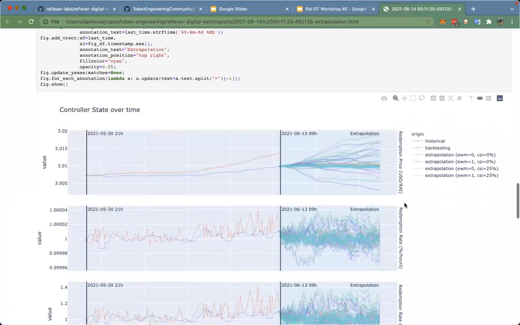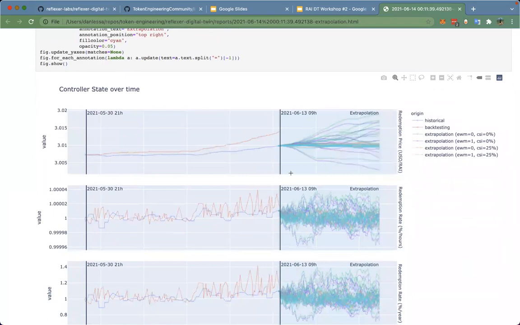By the way, one thing that I didn't comment on: you can see here on the past that we have the headline and the blue line. The blue line is the real data. It's simply the data collected from the past, while the headline is what the cadCAD model thinks it should be.